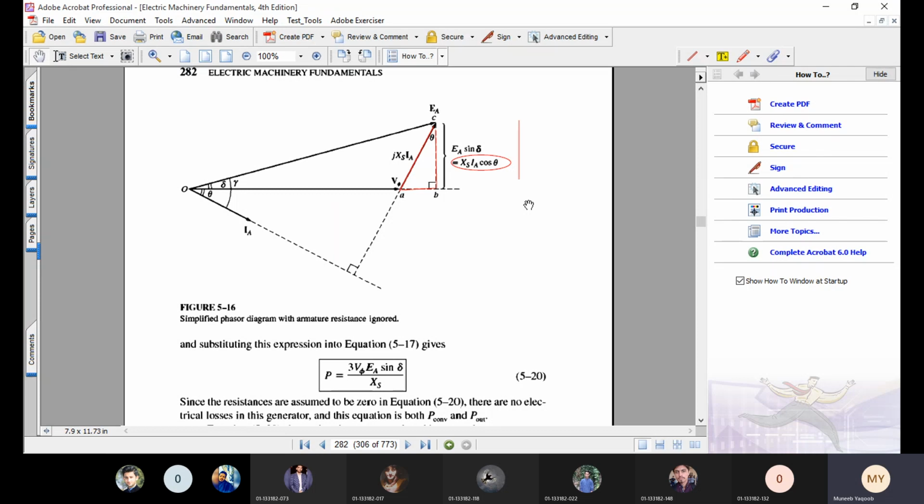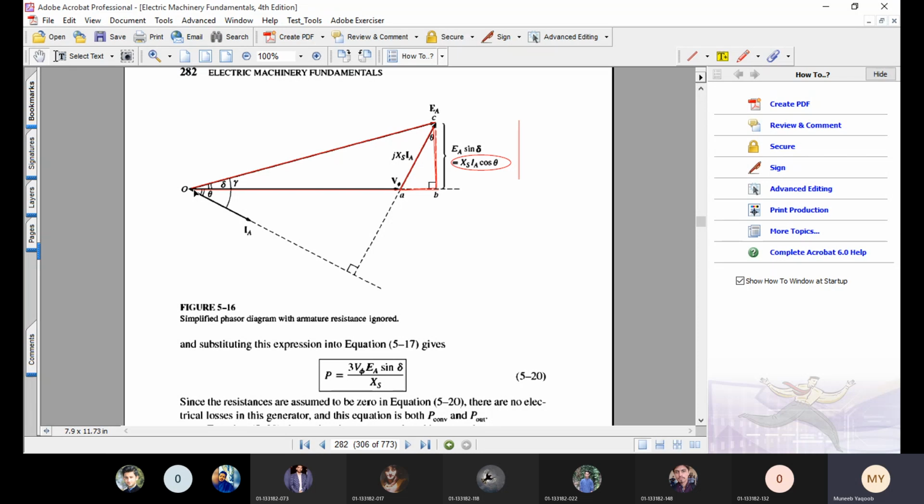Okay. Now in the second step of the proof, the author took the bigger right angle triangle whose hypotenuse is this EA, and whose perpendicular is the same length that we took as XS IA cos theta, and whose base is this bigger length adjacent to the angle delta. So this is the second right angle triangle